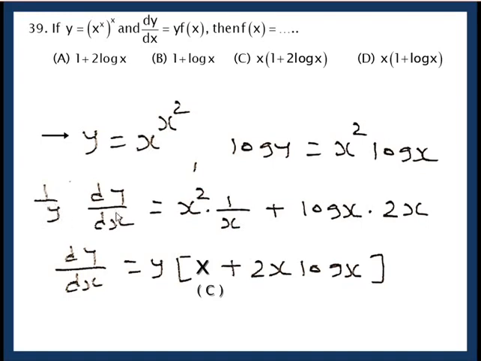So what is 1 upon y dy dx? First function x square into derivative of log, which is 1 upon x, plus second function log x into derivative of x square, that is 2x. So what is dy dx? It is y into, in fact this is x square upon x, that is x. So if I take x common, I haven't written that step, then I get in bracket what? 1 plus 2 log x. So what is f of x? This x into 1 plus 2 log x. So the correct option is C, Calcutta.